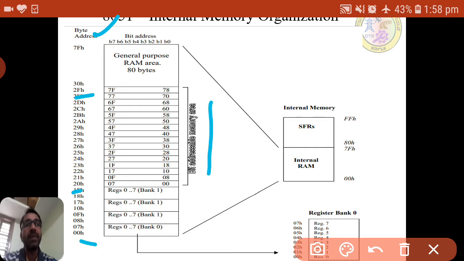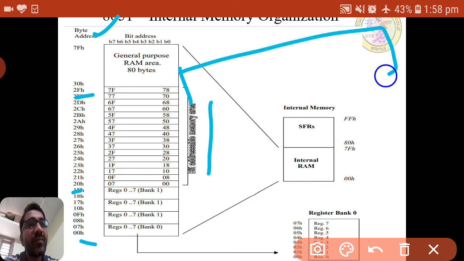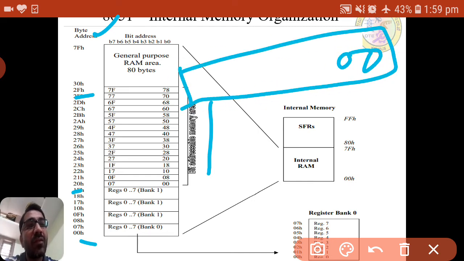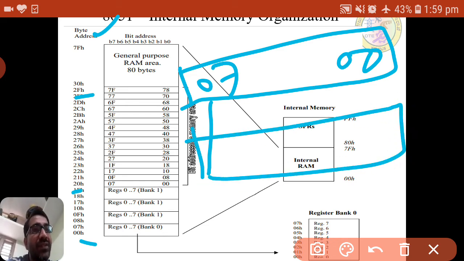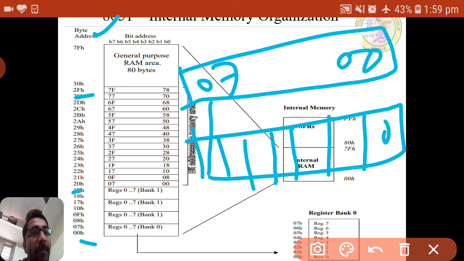What do we mean by bit addressable area? It means the 8 bits there are also a register only. As we are seeing in the first location, they have given 00 and 07. As it is 8 bits, we can store, for example, 0 1 1 0 1 1 1 0.